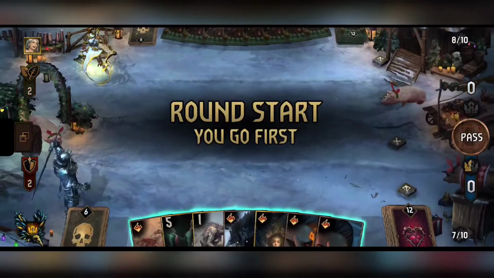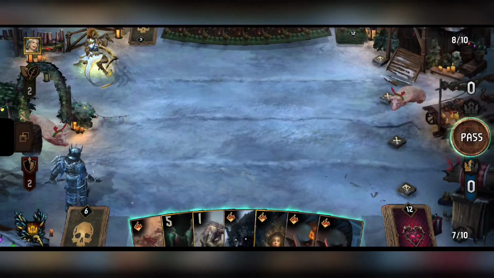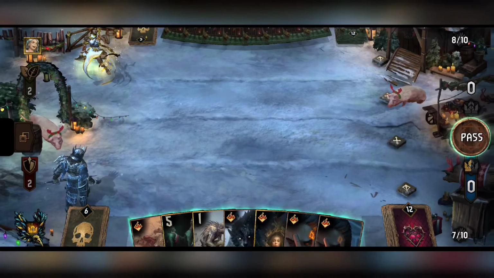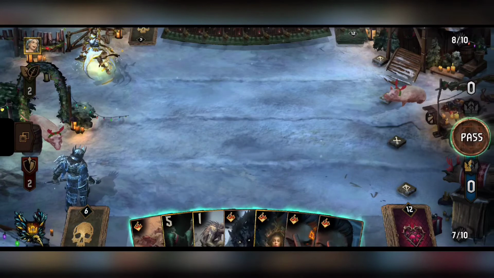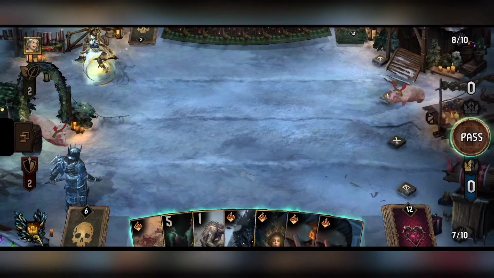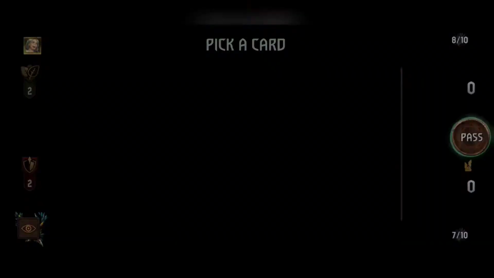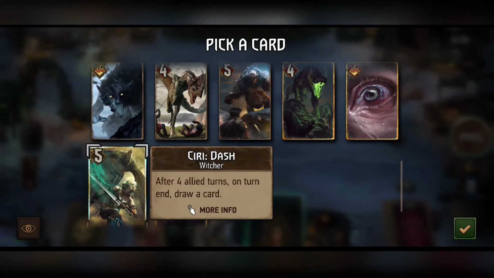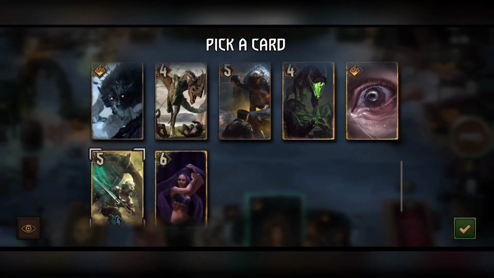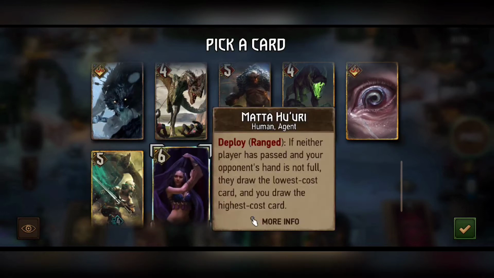Okay. Oh my god, double pact. So what do we do here? We could go Mata or Stregobor. Because Stregobor, if he kills it, doesn't really matter to us, right? But let's go Neuromancy. Grab Mata, I think, is the correct choice here, because